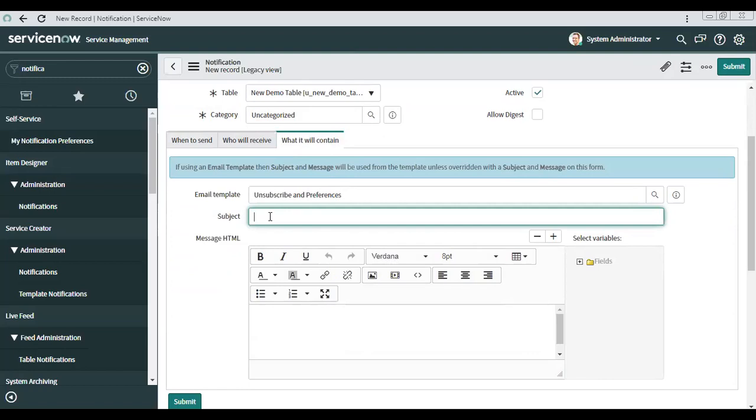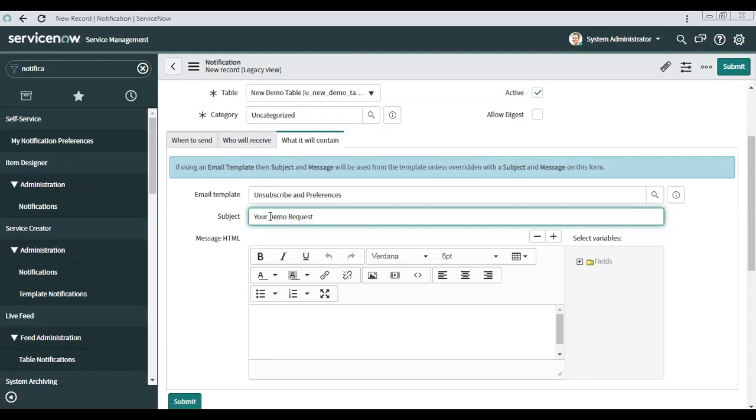If you want to send one field's value in the notification, let's say you want to send the number. I want to say your demo request, and then in between I want to print the number of that request.